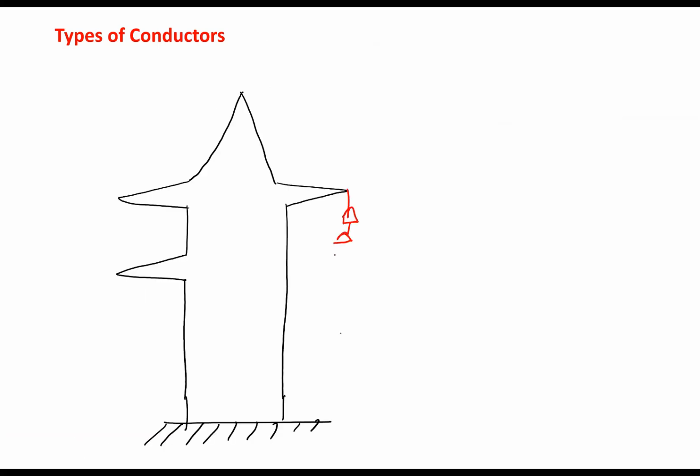To understand this concept, now this is called the cross arm and this is the conductor. Okay, so what is the voltage difference between this point and this point? Since the tower is at what voltage? 0 voltage. So the entire tower voltage is 0. What is the voltage of the cross arm? It is also at 0 volt.